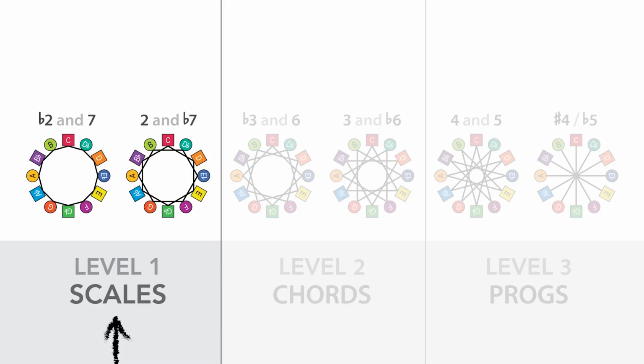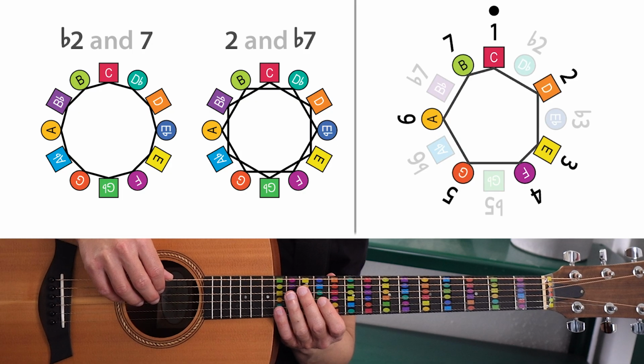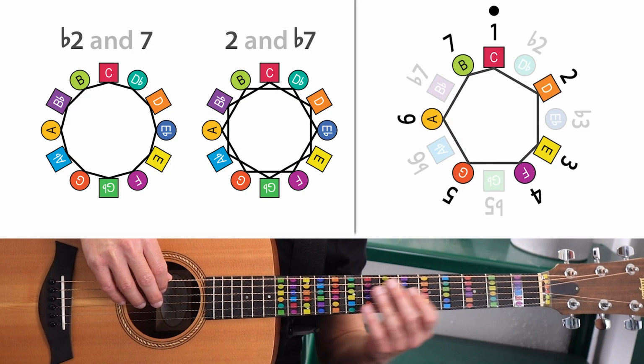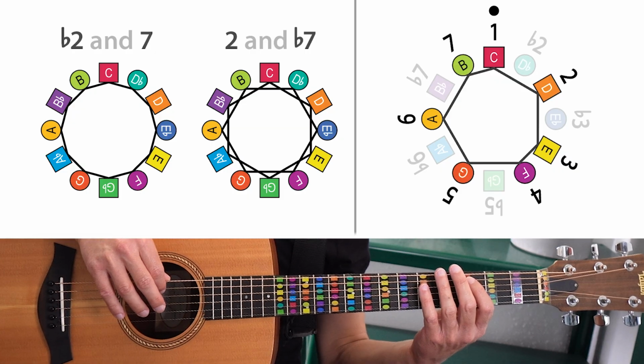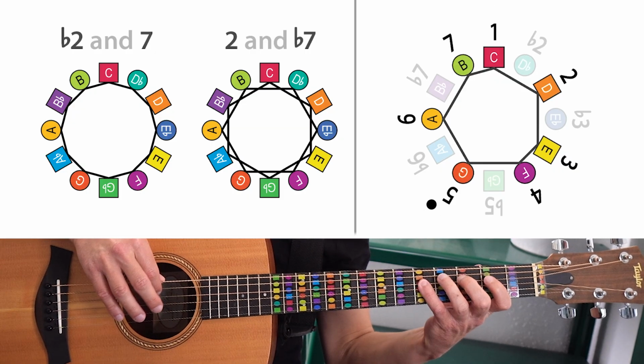It's awesome. To explain, and for you to see the practical application of this, let's look at some patterns in the key of C, though of course these same ideas apply to all 12 keys in music. So starting with level 1, scales, let's take the C major scale, for example. Made from a pattern of whole step and half step intervals, this scale sounds nice, and it sounds good because